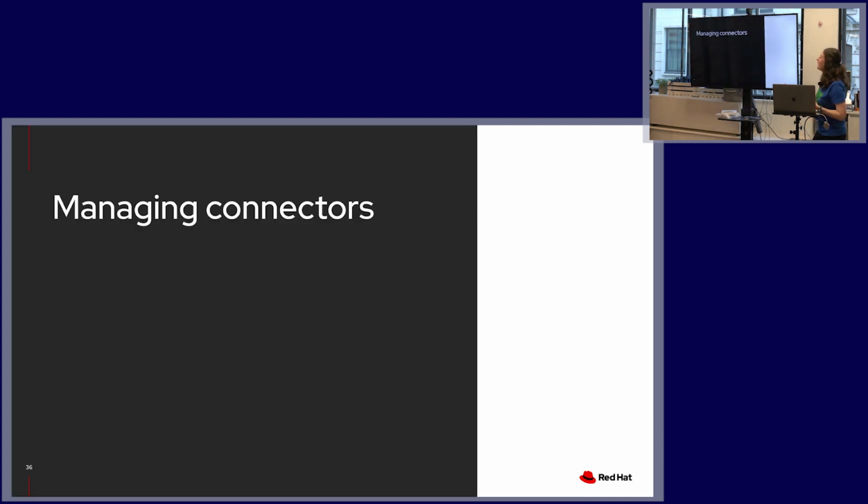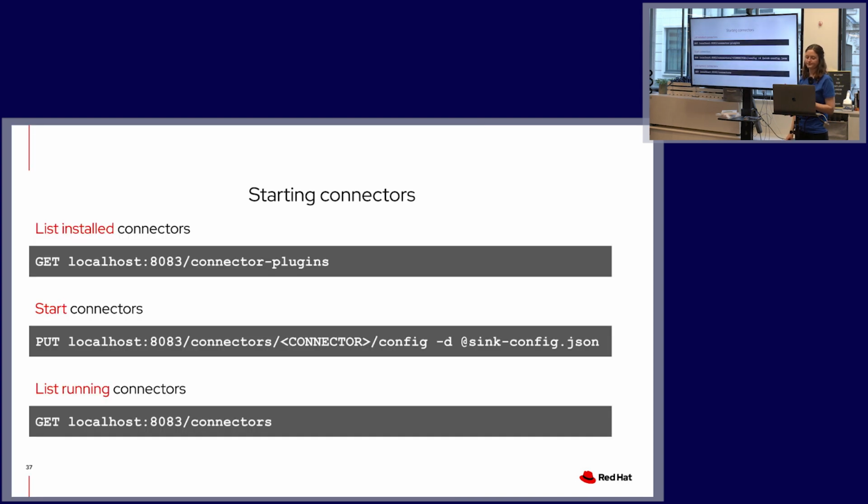So next I'll talk about some things to be aware of when managing connectors. These are the basic ones that you're hopefully familiar with. When you're first getting started, you need to list what connectors are installed, so the connector plugins that are available to you. These aren't the ones that are actually running. This is what you've made available in the plugin path. And then you can start connectors using this endpoint with some JSON,